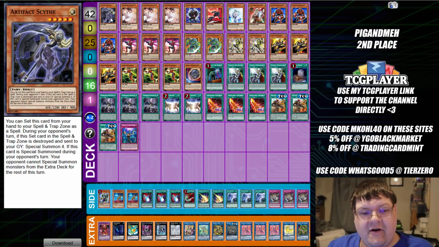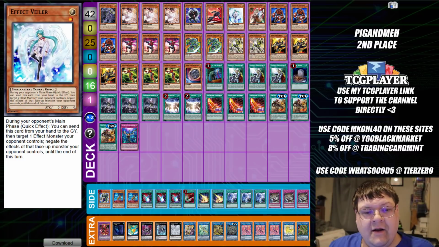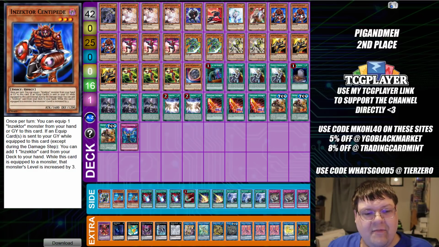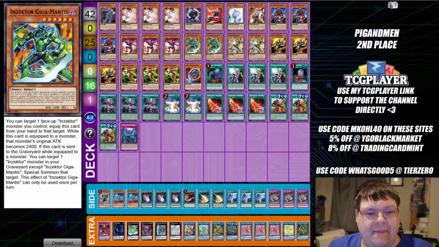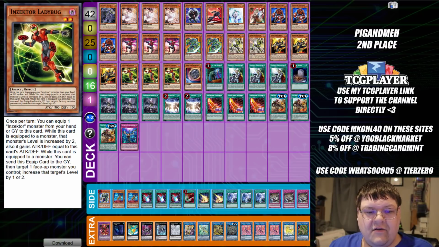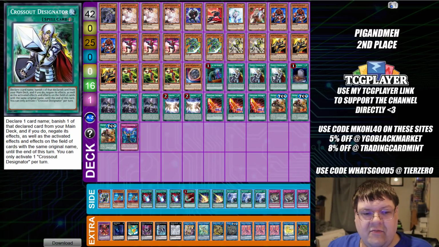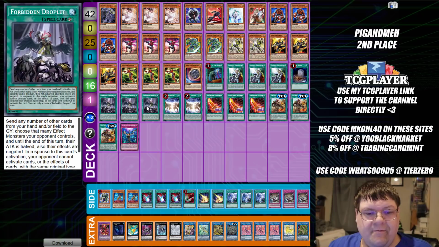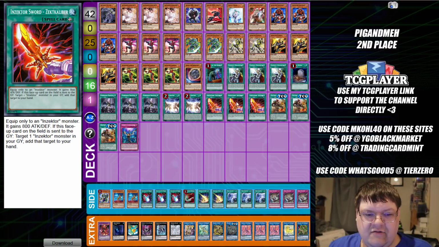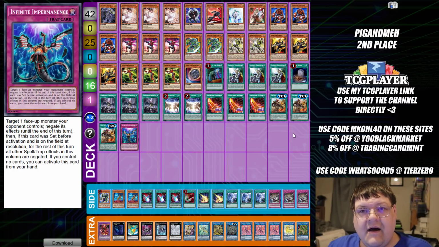So we have one copy of Artifact Scythe, triple copies of Ash Blossom and Joyous Spring. We have one Celestial with one Dashy Boy, one copy of Effect Veiler with one Ghost Ogre. Really got to hit the high notes on those cross-out targets. We have triple Sentai Pad, triple copies of Dragonfly, two copies of Giga Chad, two copies of Inzektor Hopper, triple copies of Inzektor Hornet, triple copies of Ladybug, one copy of Nibiru, one copy of Called by the Grave, triple copies of Crossout Designator, one copy of Foolish Bro, three copies of Forbidden Droplet, two copies of Fusion Destiny, triple copies of Zect Caliber, triple copies of Zect Trico, and then we have one copy of Infinite Impermanence here,